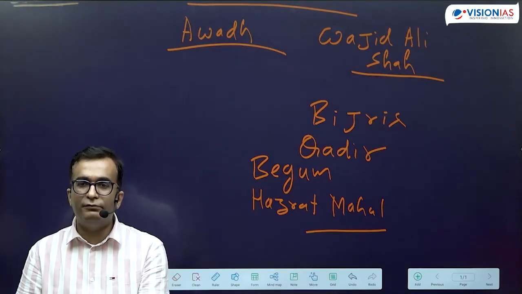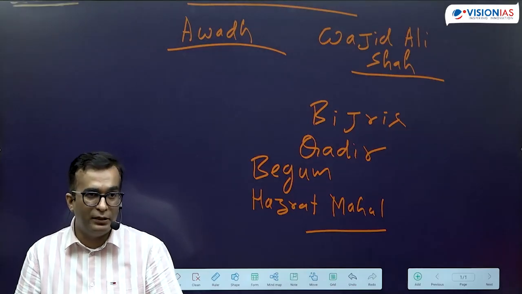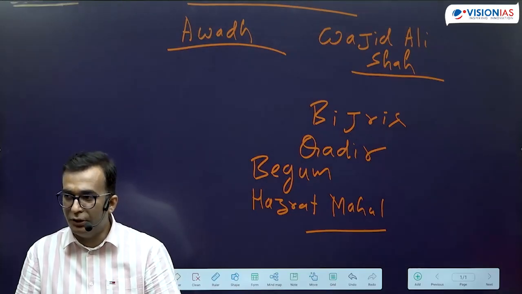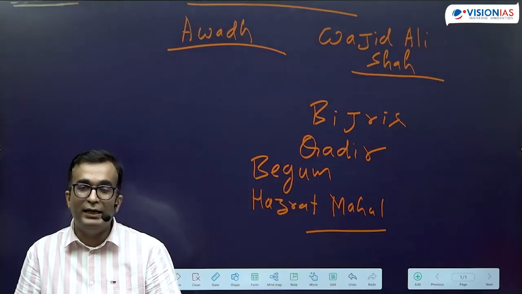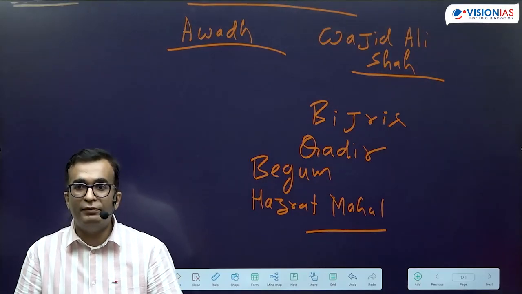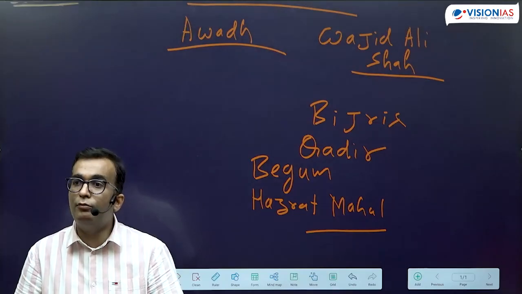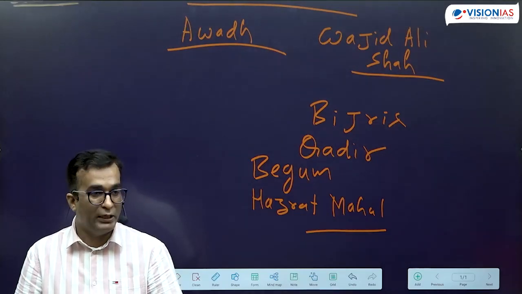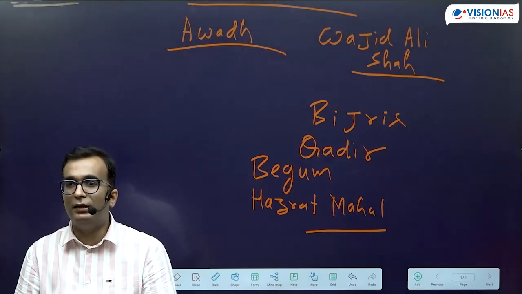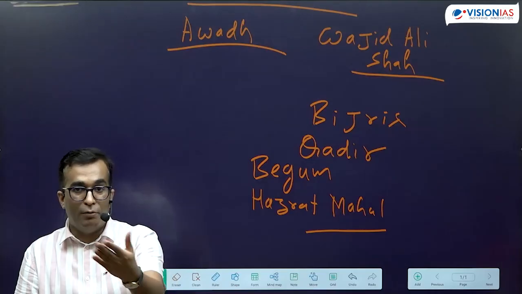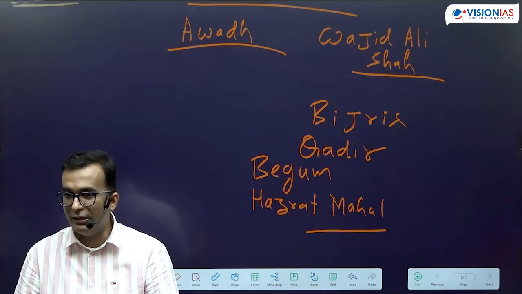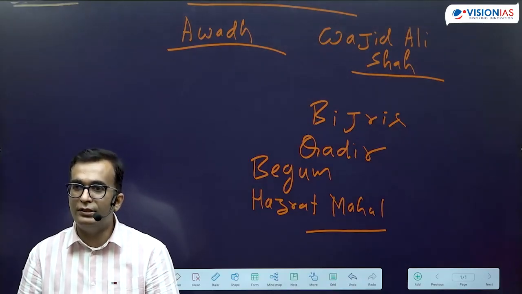In fact, when we talk about how the other people died, Bahadur Shah we already mentioned. Earlier also we have written that he was deported to Rangoon, where he died. Then what about Maulavi Ahmadullah? Maulavi Ahmadullah was not killed by the British, but by a pro-British Raja at Shahjahanpur. Then Kunwar Singh died in combat itself. Tantya Tope was captured and hanged, and Rani Lakshmi Bai died in combat itself. So this is how it all came to an end.